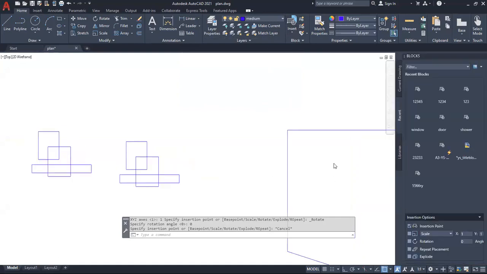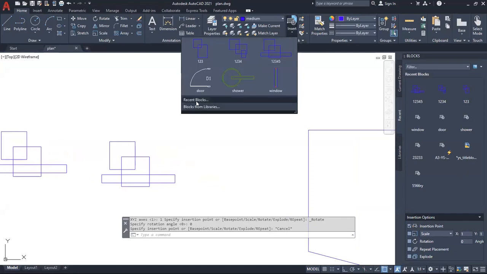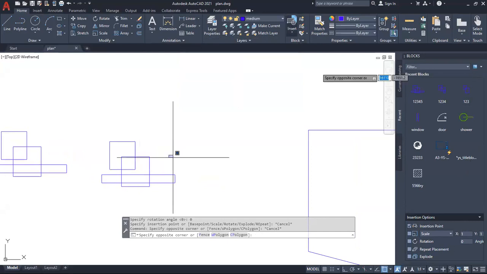Okay, now, if you don't have this window open, go to insert and say recent blocks, you will get this window. So now, since we have checked scale in this, what will it do is, if I try to insert this block